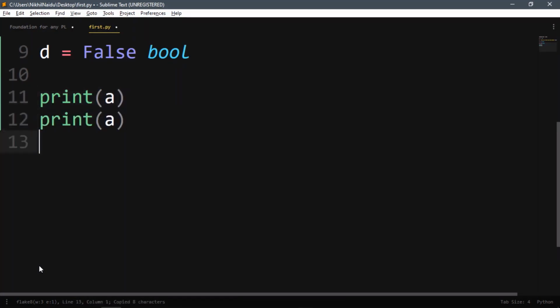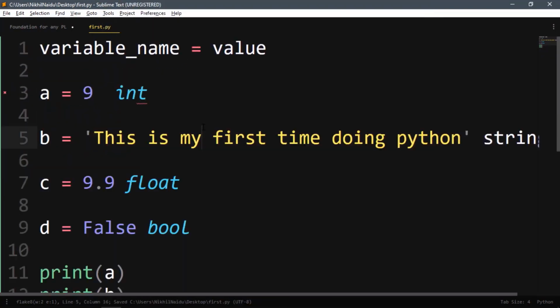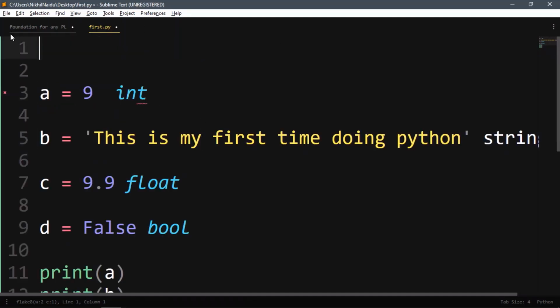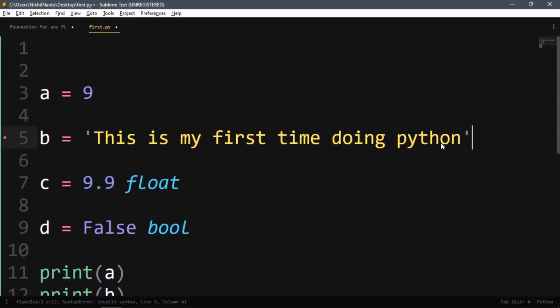Okay, four print statements, which will print out different values. So how we remove all the things like this. This is not a program. We'll just have the program. Okay, so this is a valid program.